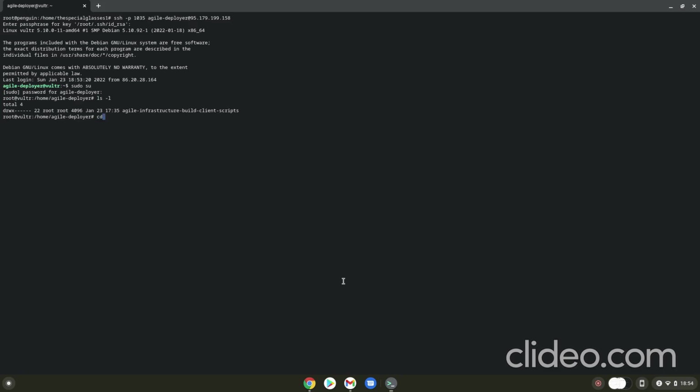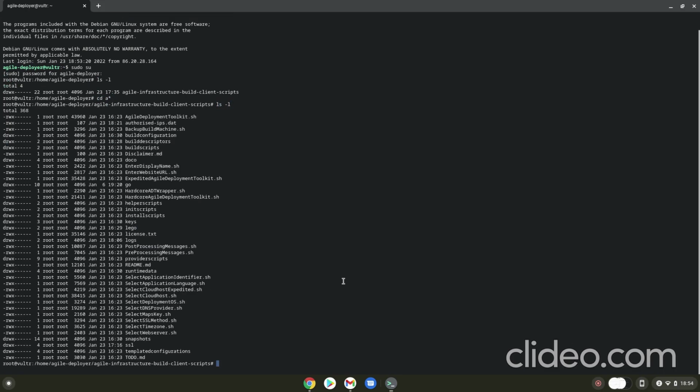And there you can see the Agile Deployment Toolkit, and there's all the files for it. So the template that we've configured is held under the templated configurations directory, and it's template 2 this time. So we need to run an expedited build, so that's easy enough to do. We just run it like that,